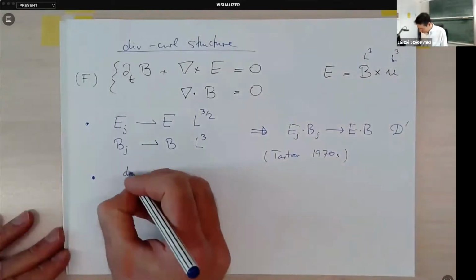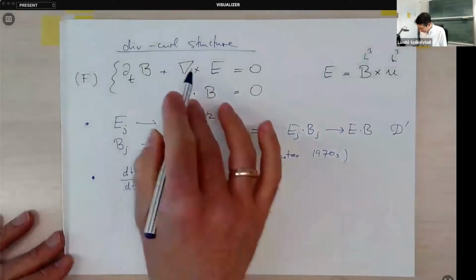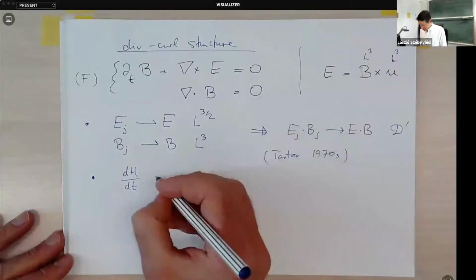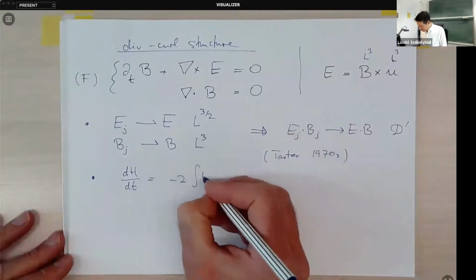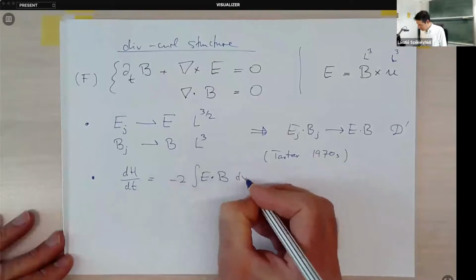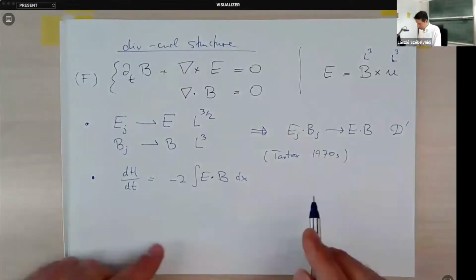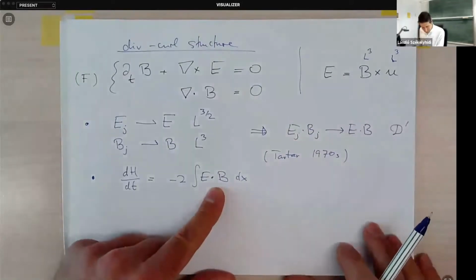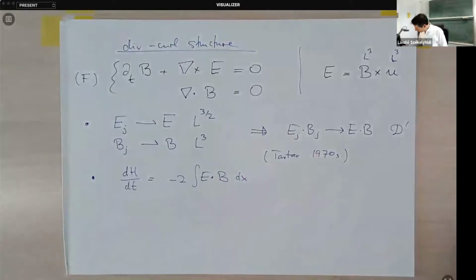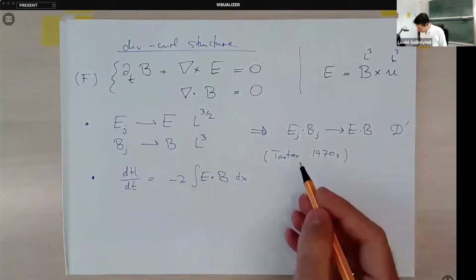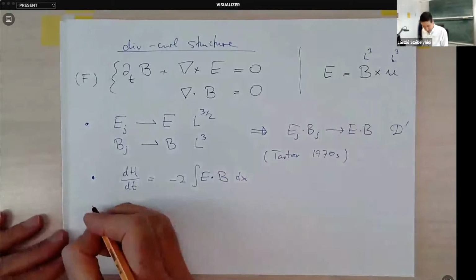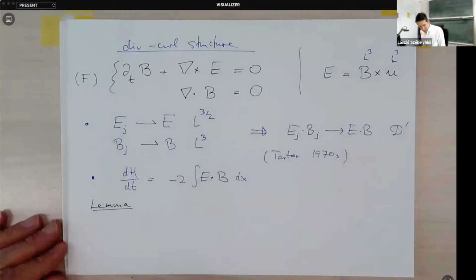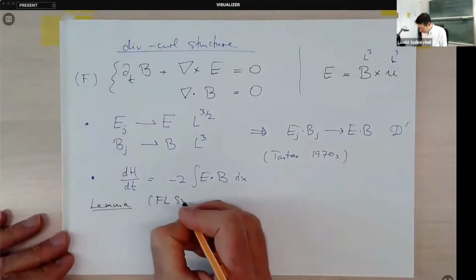It's important because dH/dt for the Faraday system, not for the MHD, but the Faraday system, is equal to -2 E dot B. Of course, if I'm in MHD, E dot B is 0. And that's the explanation of the conservation of helicity in terms of the diff-curl lemma. And now, one of the things that we proved, but it's still work in progress,